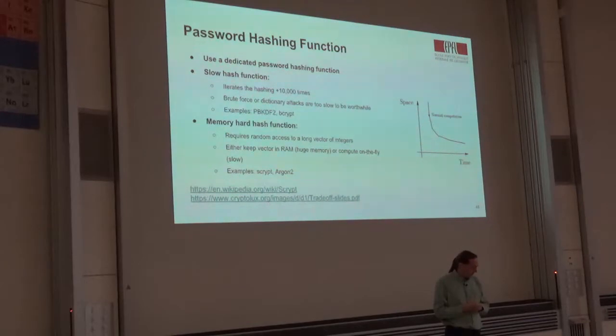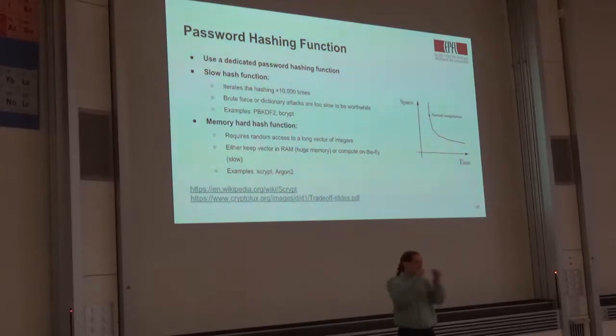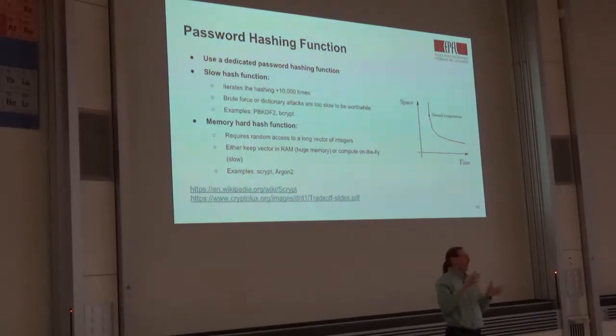Whereas if you incorporate the use of memory, a memory hard hash function deliberately uses a megabyte of memory, or some significant chunk of memory, produces a bunch of pseudo-random stuff into all that memory, and then requires a bunch of pseudo-random accesses to it, and mixes all of that together, to try to make sure that